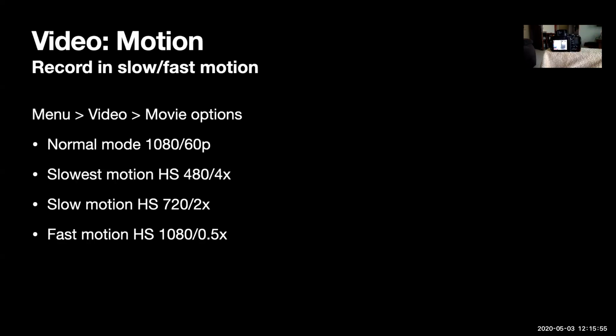And Uday, Amit, if you want to add various usages of fast motion and slow motion, you can do that. Fast motion is not time lapse. Please understand that it is not time lapse. It is just speeding up your video.